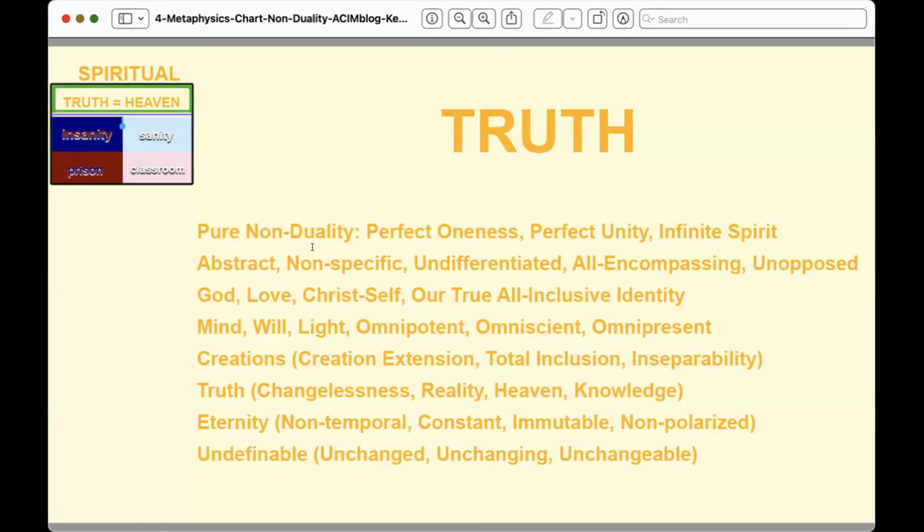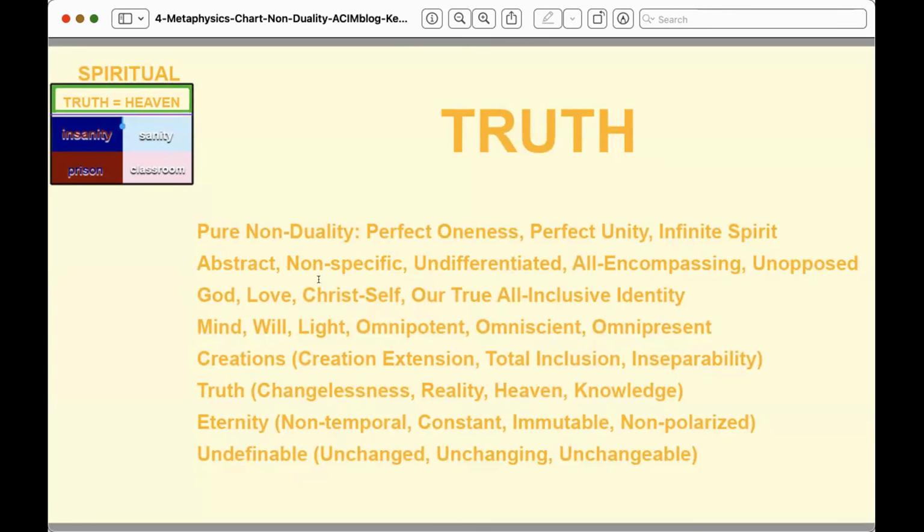So truth then would be pure non-duality, perfect oneness, perfect unity, infinite spirit. It's abstract, non-specific, undifferentiated, all-encompassing, unopposed. Other words that would fit. And again, these are all in all capitals to signify that they're attempts to try to describe a pure non-dual awareness. God, love, our Christ self, our true all-inclusive identity, mind with a capital M, will, light, omnipotent, omniscient, omnipresent,